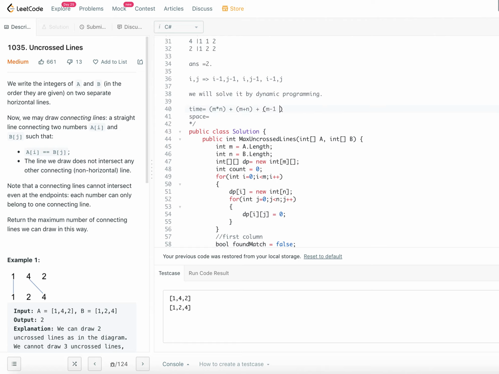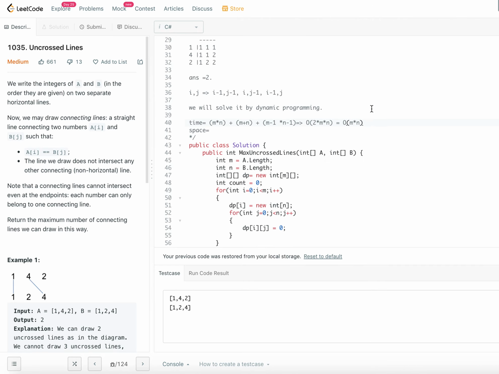If you add all of them, it will be about 2 into m into n. When we deal with big O notation, we remove the constants, so the overall time complexity is order of m into n.